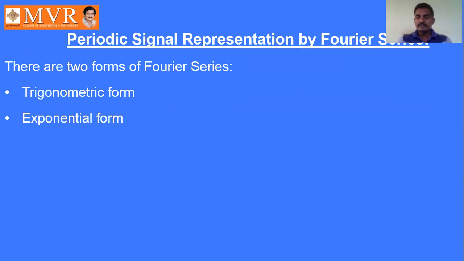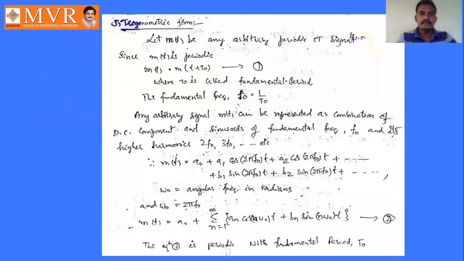We are writing any arbitrary function m of t in terms of a DC component and higher harmonics or AC components. So here we have one DC component and a number of AC components: first order AC component, second order AC component, third order. These are all called harmonics or AC components. Here we have F naught, 2F naught, 3F naught, 4F naught up to nF naught. We have n number of harmonic components. These are called sinusoids of fundamental frequency F naught, that is F naught, 2F naught, 3F naught, like that.